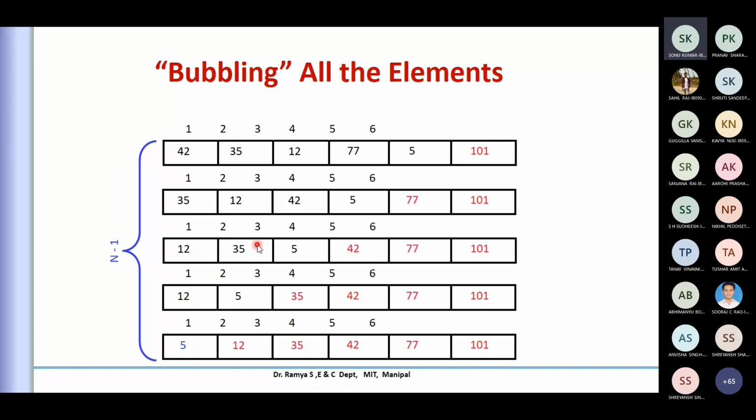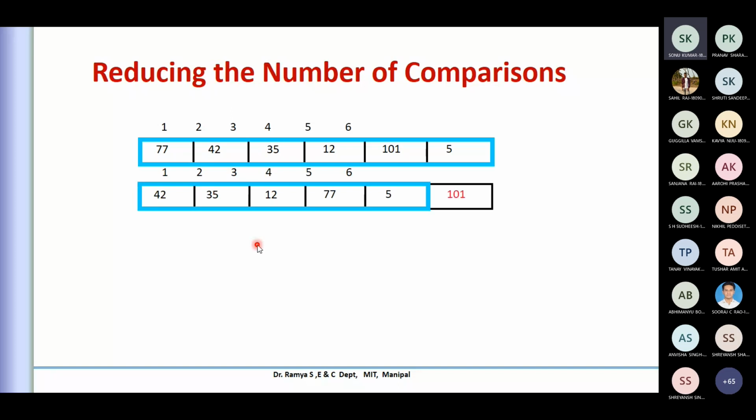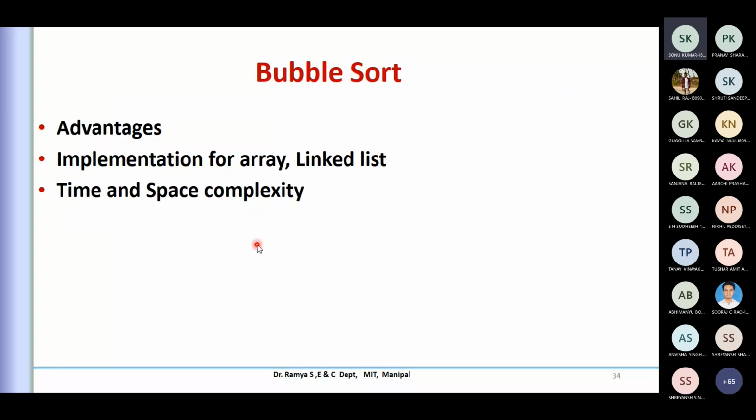Okay, so that is the one concept we have seen. We have seen how to reduce also. That is what we discussed in the last class. And we saw some advantages: understanding is easier. Hardly do we use this, though it is a bubble sort, but it is easy to understand any kind of implementation. Okay, so we saw that implementation with an array is very simple.